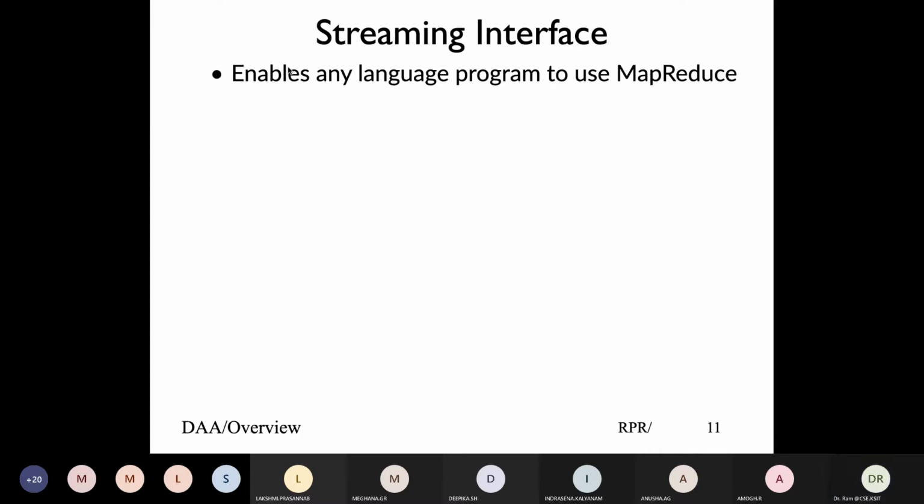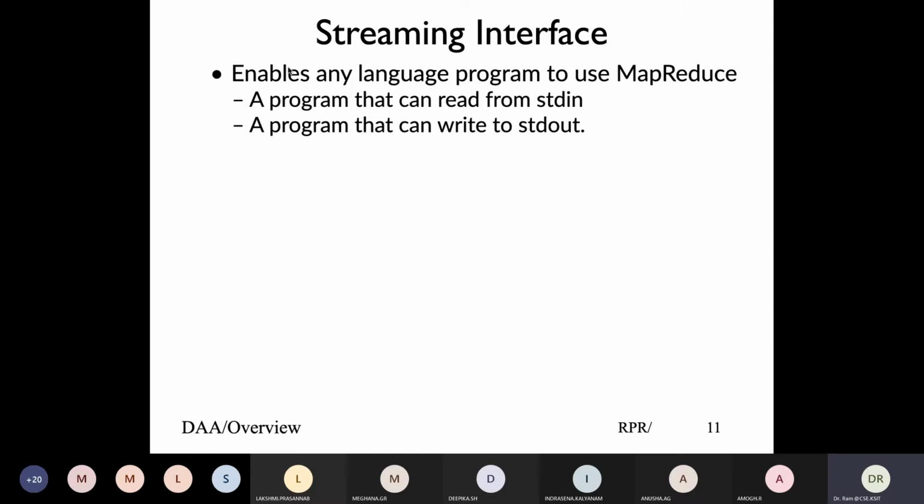No. We looked at word count, which is a Java program. Now we would like to use the Hadoop framework, which should enable us to use any other programming language as well. And that is given by an interface called Hadoop streaming. The way Hadoop streaming works, the program should read from standard input and it should write to standard output.